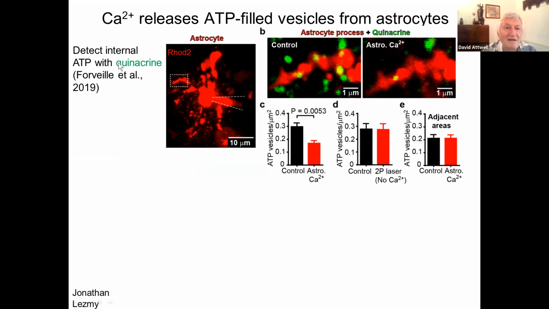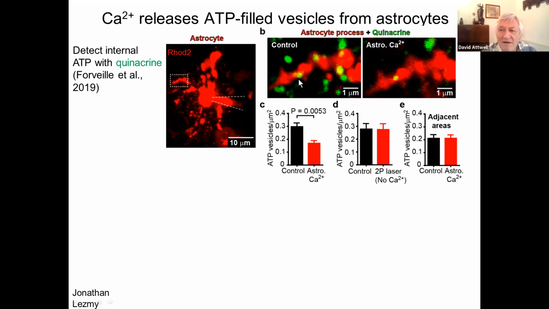And we detect internal ATP with quinacrine, which labels vesicles containing ATP. I should say the ROD2 doesn't go into all the small processes of the astrocyte, and it may be these ones which seem to be somewhat detached from the astrocyte process are in finer processes that the ROD2 hasn't gone into. When we uncage astrocyte calcium, and I'll show you a movie of this in a minute,